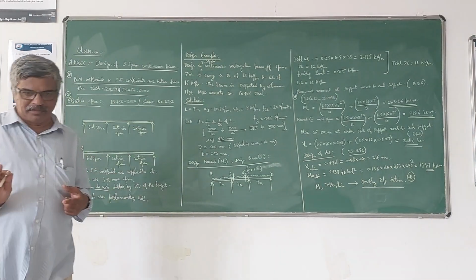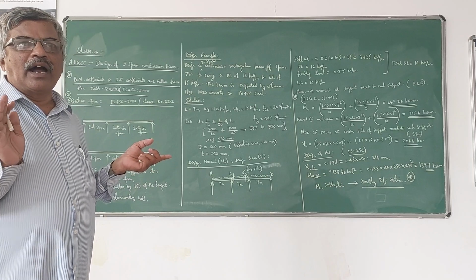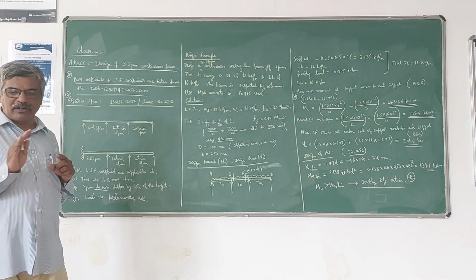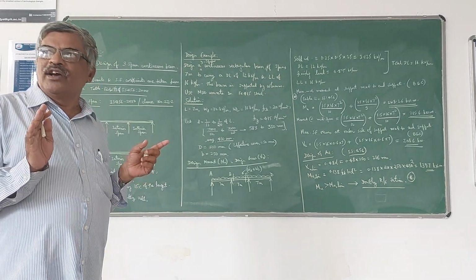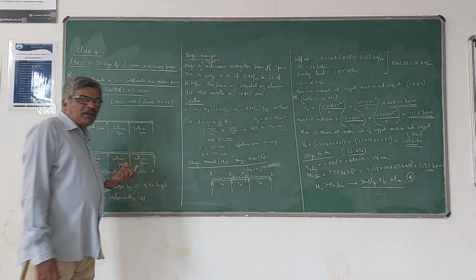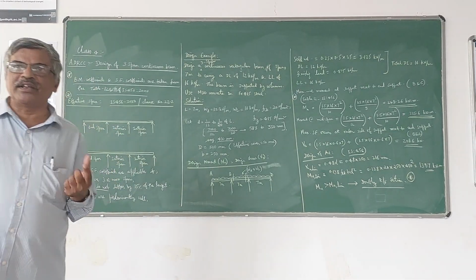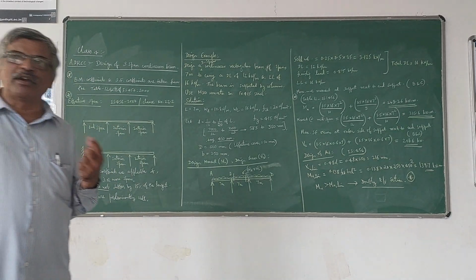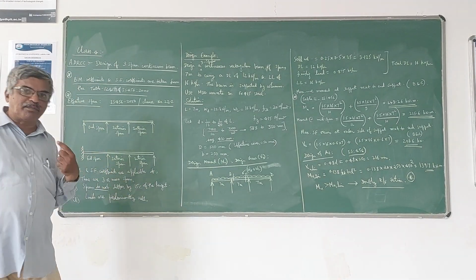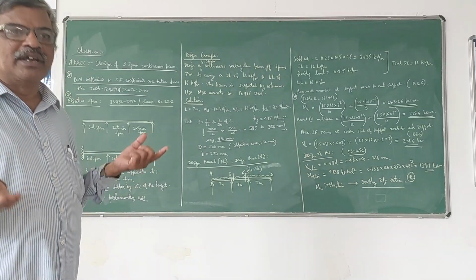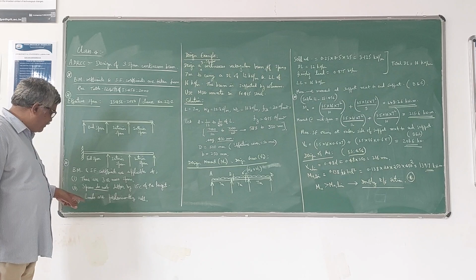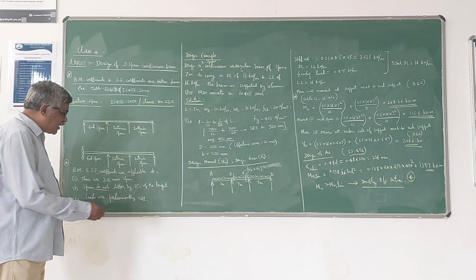You have to take the longest span and calculate 15% less than the longest span. For example, if it is 10 meters, 15% less of 10 meters is 8.5 meters. So if the span is 8.5 meters or 9 meters or 9.5 meters, then you can use these bending moment coefficients. If any of the spans is less than 8.5 meters, then you cannot use those coefficients. Then the third condition is that loads are predominantly UDL.